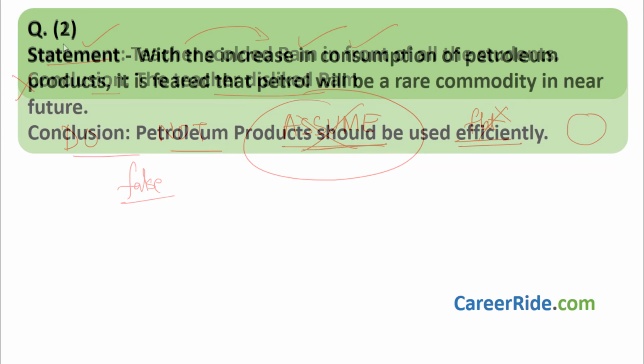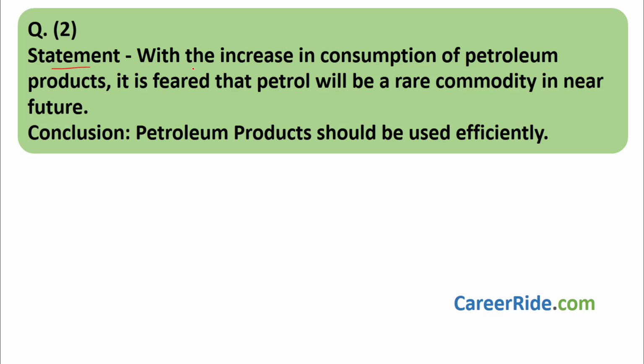Moving on. Question number 2. Statement: with the increase in consumption of petroleum products, it is feared that petrol will be a rare commodity in the near future. Conclusion: petroleum products should be used efficiently. Now over here, what do we see in the conclusion? It is a sort of advice. Whenever in a conclusion there is an advice or it is a result of something, like an effect, so it is a result of something given in the statement, or there is an advice which is related to the statement,